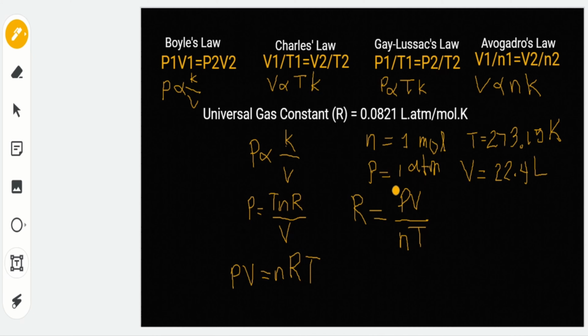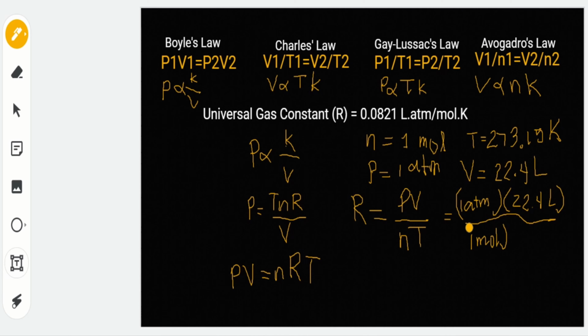Now, we can substitute our known values here. So, meron tayong pressure, which is 1 atmosphere. So, definitely, walang makakancel dito na unit. 1 atmosphere times the volume, which is 22.4 liters for 1 mole of an ideal gas, over 1 mole,